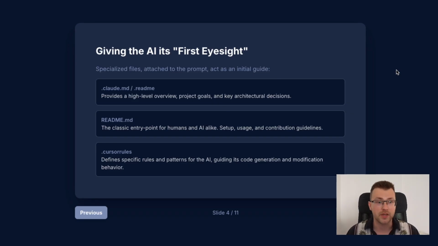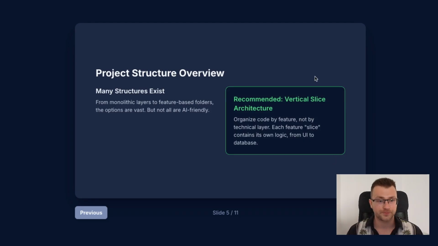Speaking of Claude MD, actually, you can also do it on a high level, and then you can also nest it into specific folders. We'll get there later, but you can also have multiple Claude MD files in your project describing specific logic. So when it searches this specific folder, it can also inject the context right away. And we are actually coming to this point specifically, why it's nice to have these Claude MD files